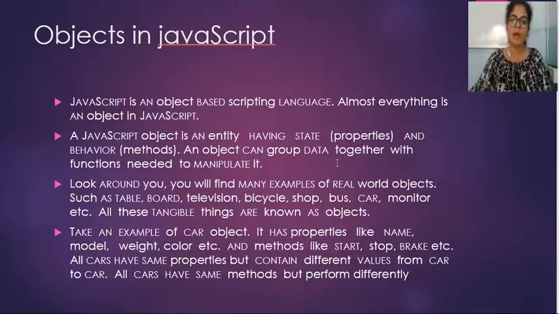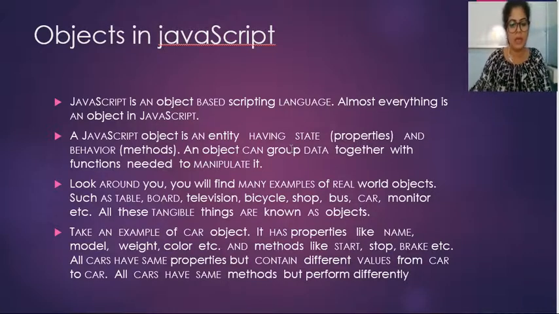Today we will start with the objects in JavaScript. In the previous lecture, I explained that JavaScript is a scripting language and a lightweight object-oriented programming language, which means it makes use of objects, but it is not a true object-oriented programming language. That's why it is a lightweight scripting language: it doesn't make use of all the concepts of objects, but on the whole it makes use of objects in some cases.